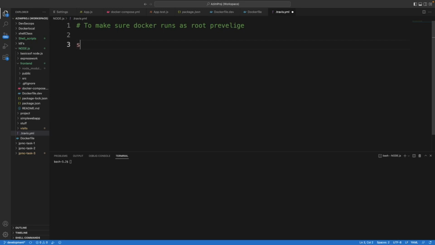Okay, and then sudo is required, and the services will be Docker, as we need Docker for this. Okay, and then we will say before install, we need to do some unit test cases. So we will say install. Before install, the particular steps are